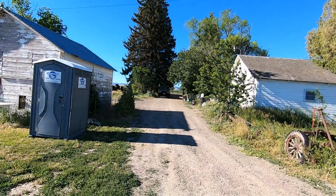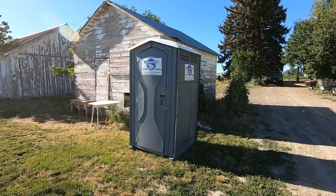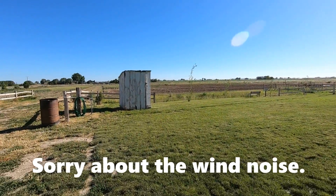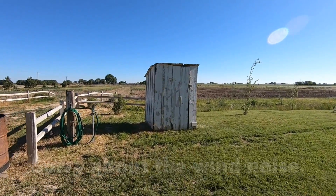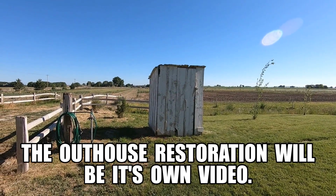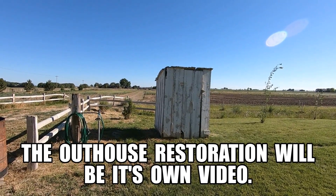One of the first things up today, that is going to go away. That cost us about 80 bucks a show. And the guys have suggested restoring the old outhouse and putting it back into use. This whole thing has been here on the farm forever and ever. It is an old original two-holer. And yeah, we'll put a new roof on it, base on it,